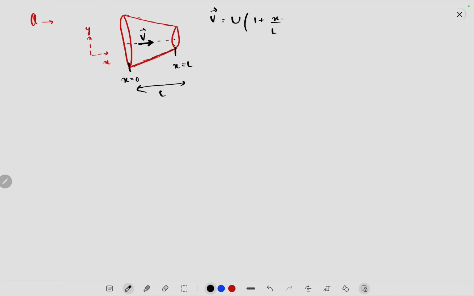This length is l. So this velocity vector we are given, and the question that we are asked is